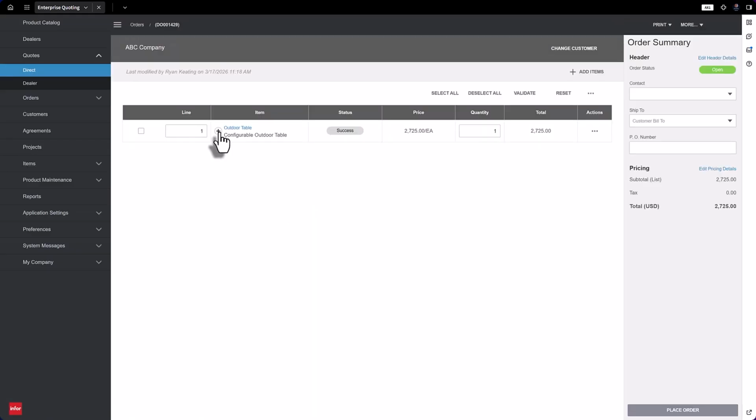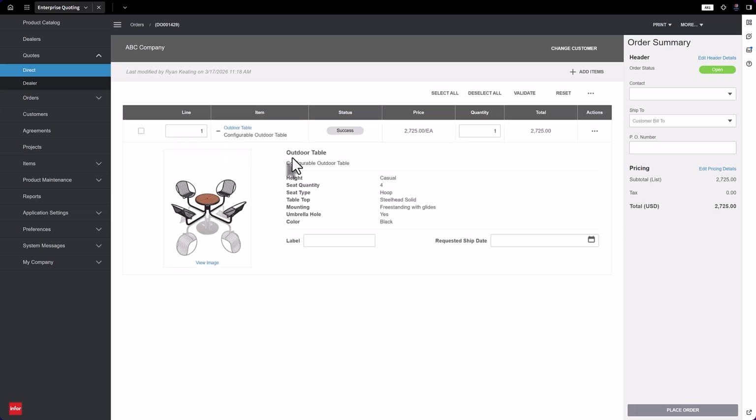Now that we are within the order section of Enterprise Quoting, you could review any last minute details about the order itself and then place the order for the customer. Now that we've gone through and taken a look at an overview of the Enterprise Quoting navigation options, the dashboard, taking a look at the configurations themselves and how to configure an item, and change a quote into an order,